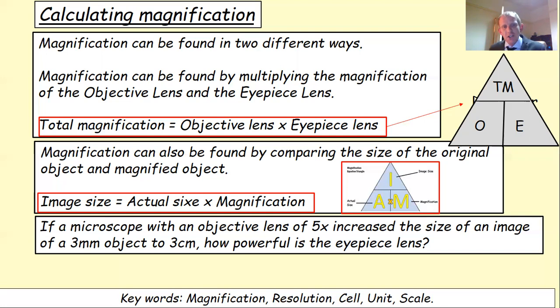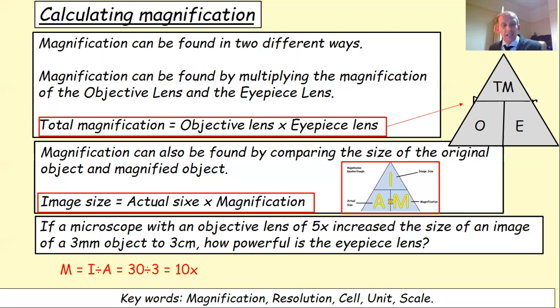Well, we've got a lot of information there, guys, but we need to begin with the image size and the actual size of the object, because that's going to give us our magnification. So if we do that first, we're covering up the magnification in the bottom corner of that triangle. Image size divided by actual size will give us the total magnification that the object has undergone,